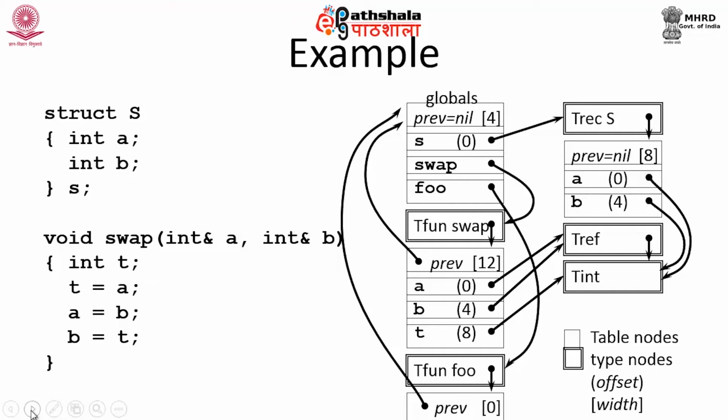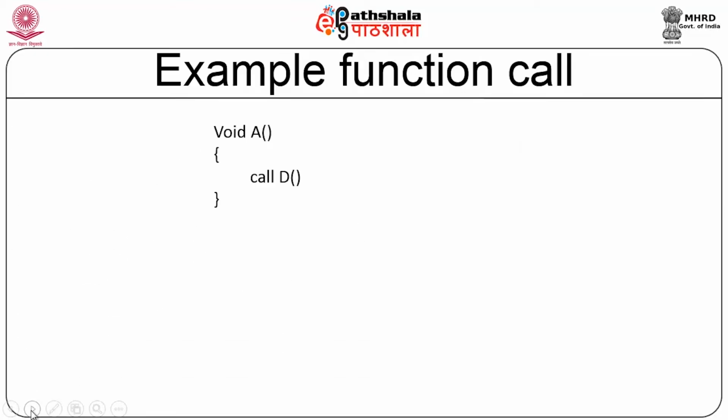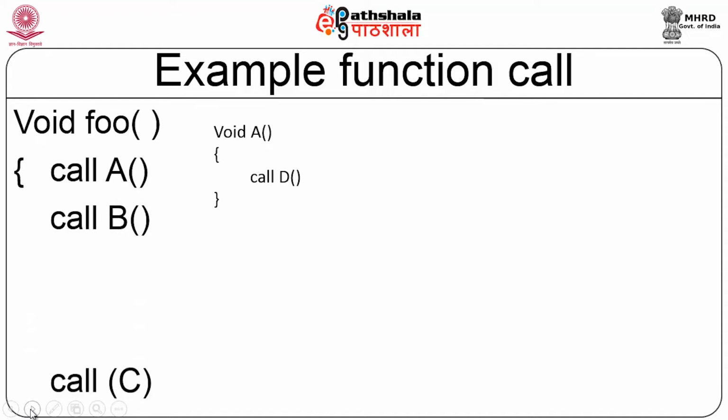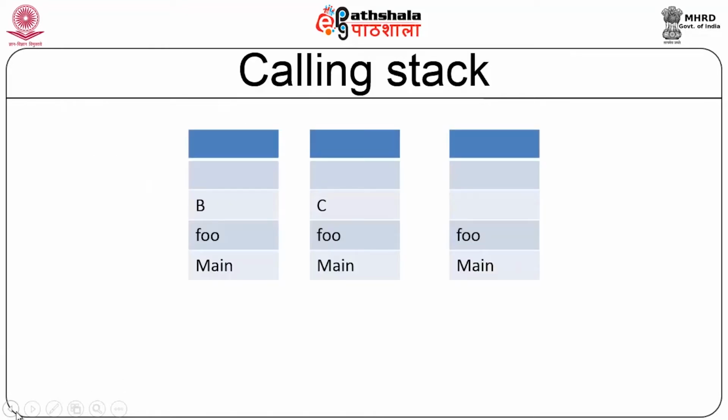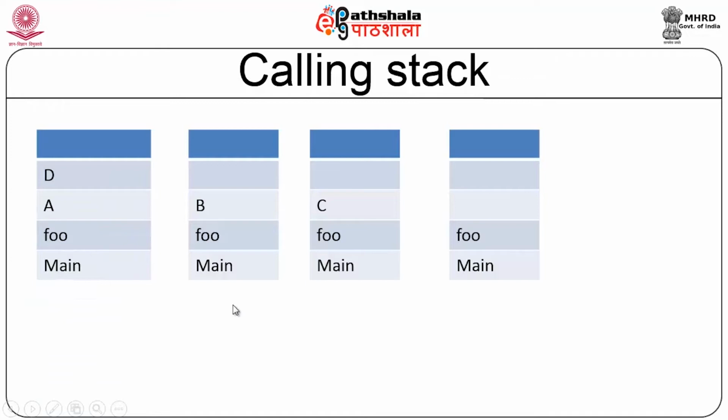On top of it, there is one more stack which is maintained. We will look at it as we move on. So, as an example, let us consider this call. Void of A. We are taking the same foo example here. The function foo is going to call A, then it is going to call B, and then it is going to call C, in a sequential manner. When A is called, the control transfers here, and A in turn calls D. So, how do I look at the stack information?